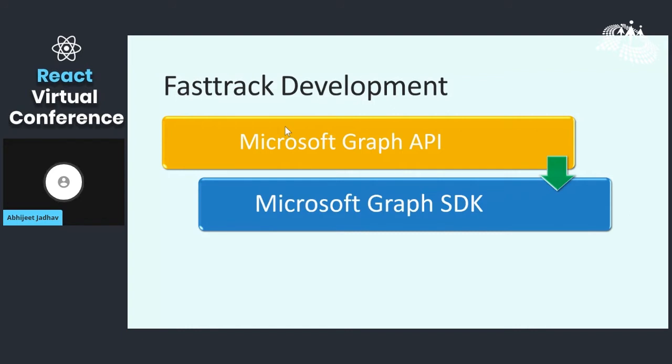And then this Graph SDK will help you. It provides you the libraries that contain models, request builders, and also it has features for enhancing and working with all the Graph API services. Either you can call SharePoint, you can call Outlook, and all those. So you can initiate the request using Graph SDKs, and you need not worry about accessing or the complete flow of it. That will be taken care of by the SDK.